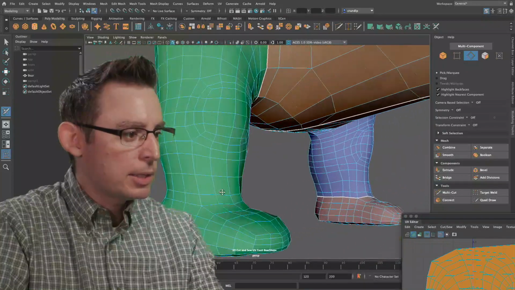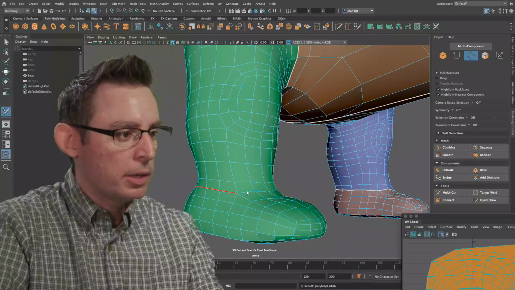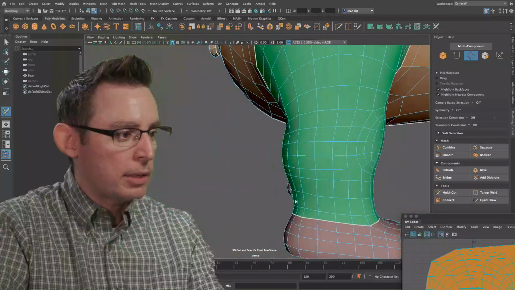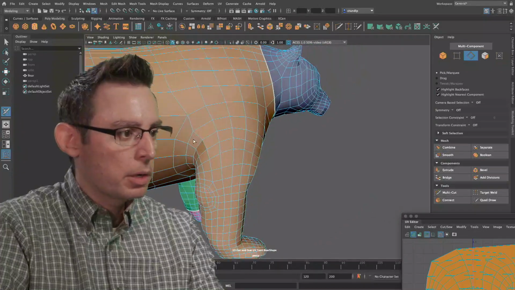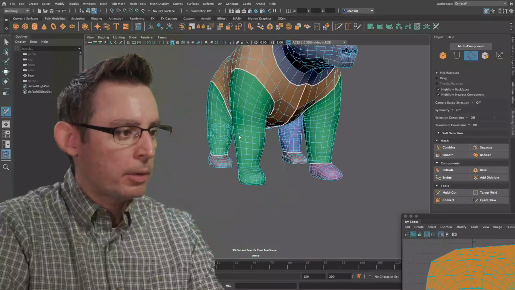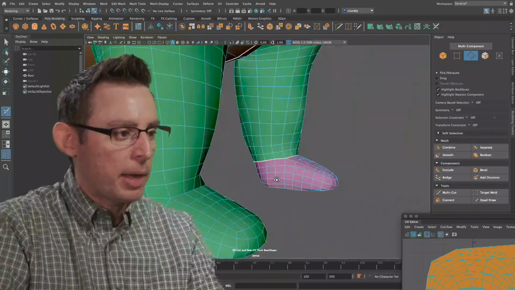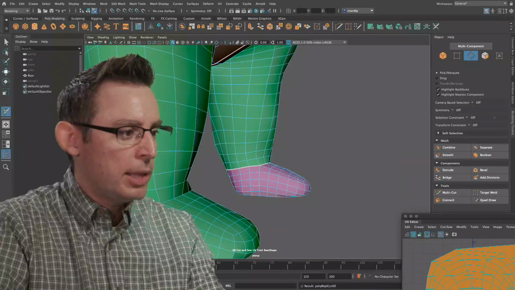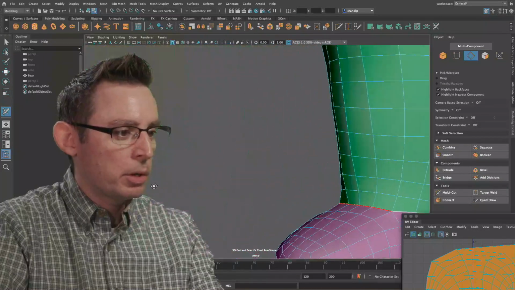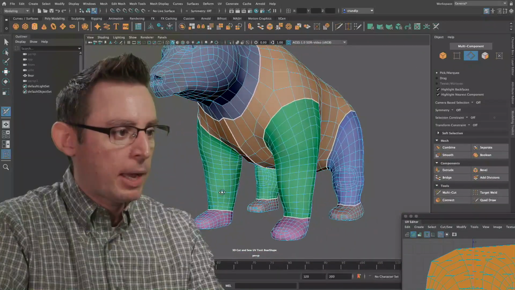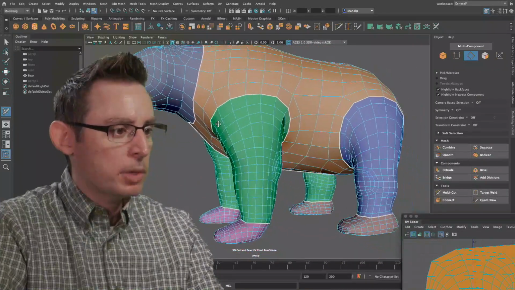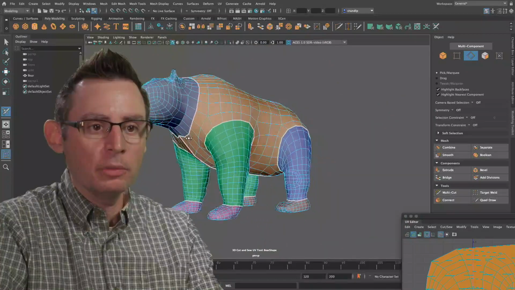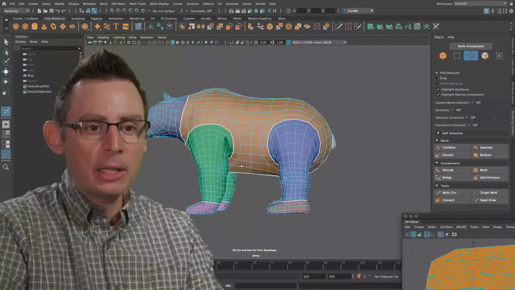And since that visualization state is on, we get a real great understanding of how this is going to work just right here in the viewport. And that's what I like about the UV mapping tools inside of Maya. We get a lot of visualization tools that help me make a super important, informed decision on how this is going to work. Okay, so I'm liking this. This is a good place to go. And the computer is automatically assigning these colors for me.